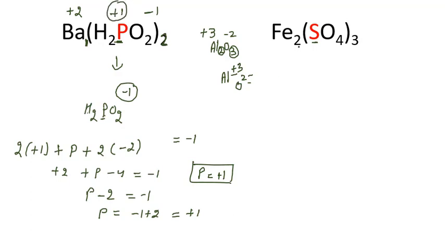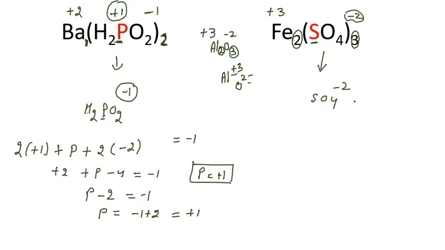Well, now let me talk about the second one also. Next one, same method we can use. It is 2 and it is 3. Okay, and you can see we can crisscross these numbers. So 3 will go to the left side, here we have 3, and first one is always positive. 2 will go to the other side, -2. Very simple. We have to calculate the oxidation number of sulfur, and sulfur is present in anionic part. So we can see this is SO4 and its charge is what? Anionic part is having -2 charge.